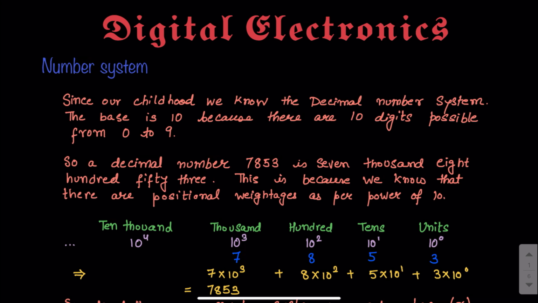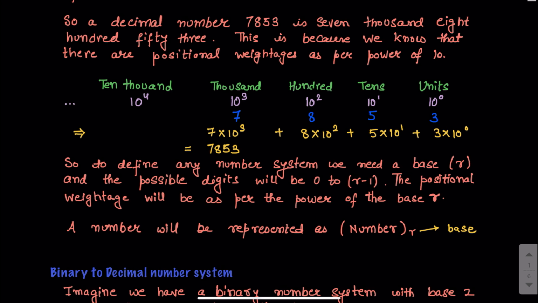This is because we were told about the positional weightages which were as per the power of 10. So whenever we have a number, we know that we start with the first place, that is the units place, and then we have tens, 100, 1000, 10,000 and so on. So the number 7853 is 7000, that is 7 into 10 to the power 3 plus 8 into 10 to the power 2 plus 5 into 10 to the power 1 plus 3 into 10 to the power 0,